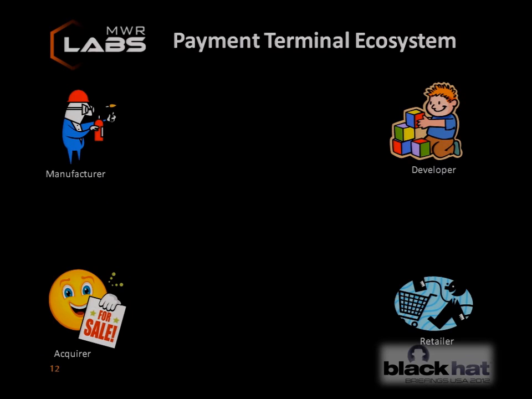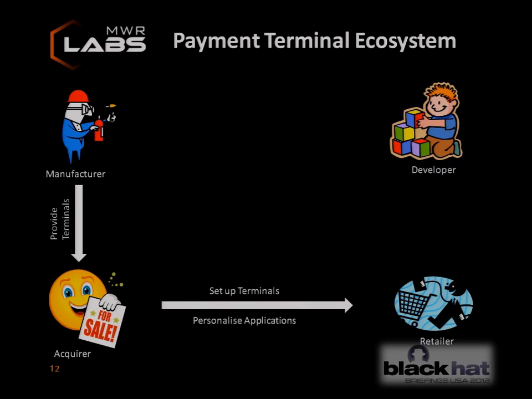So this is the payment terminal ecosystem, where the different parties that handle payment terminals live. We have the manufacturer, who designs and manufactures the payment terminals. The manufacturer will provide the terminals to the acquirer. The acquirer acts as a third-party company who sells services to the retailer, such as setting up the terminal, personalizing the payment applications, and doing any general maintenance services that are required, and the retailer is actually the consumer of those payment terminals. The ones that are going to be using these terminals to take